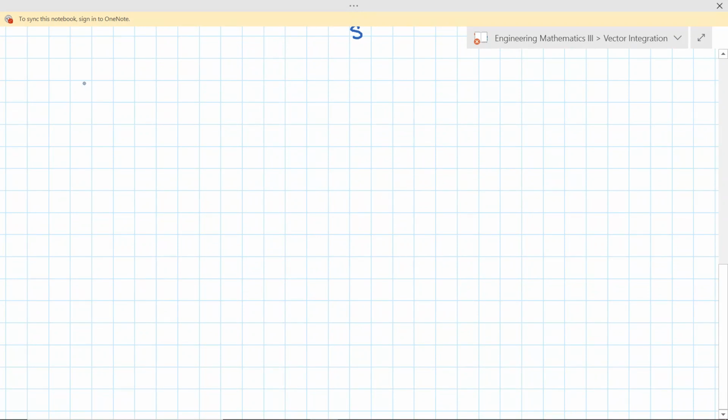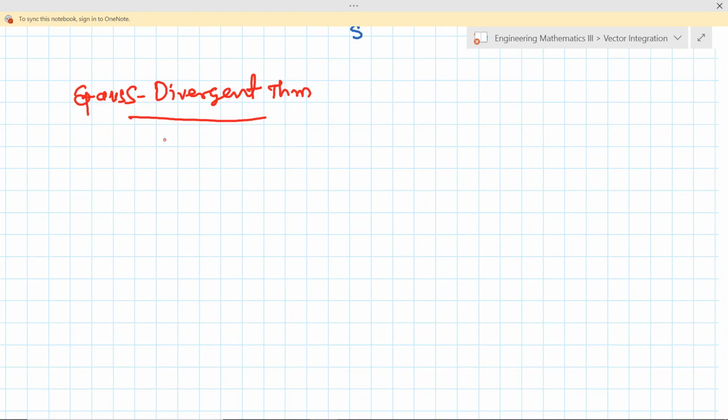Now let us move to the Gauss divergence theorem. So what is the Gauss divergence theorem? The statement is: if we take the surface integral of the normal component of a bar over the surface S, it is the same as the volume integral, the triple integral, over the volume V enclosed by the surface. The surface integral of the normal component of the vector point function is the same as this, over closed surfaces. Always remember that our surface is closed here.